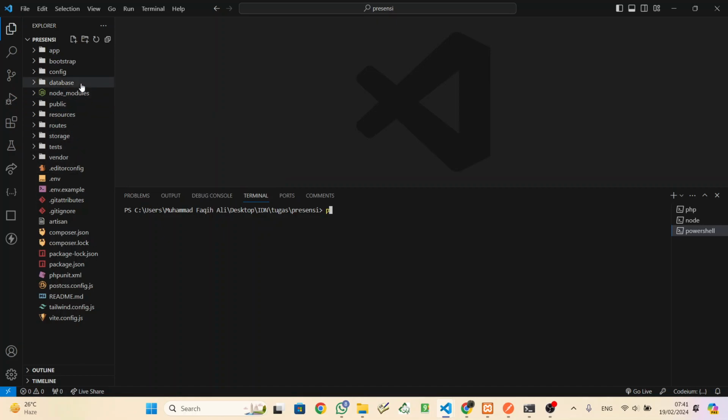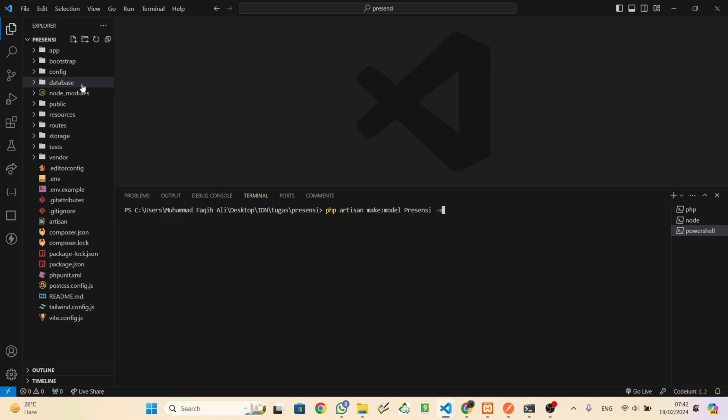Add here php artisan make:migration presency, like this. Or for the fast way to make a model and migration in one line, just run php artisan make:model Presency -m.